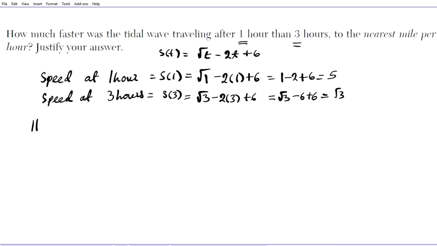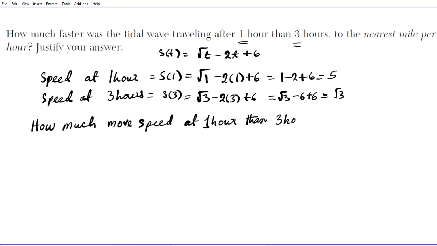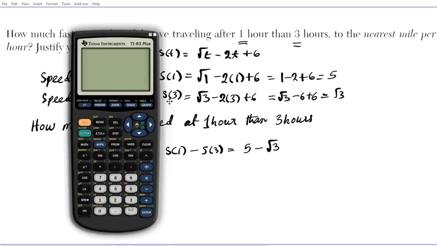Okay, so how much more speed at 1 hour than 3 hours is basically the difference between s of 1 and s of 3. S of 1 is 5 minus s of 3, which is root 3. Okay, let's find out the decimal equivalent of this difference. We have 5 minus the square root of 3,